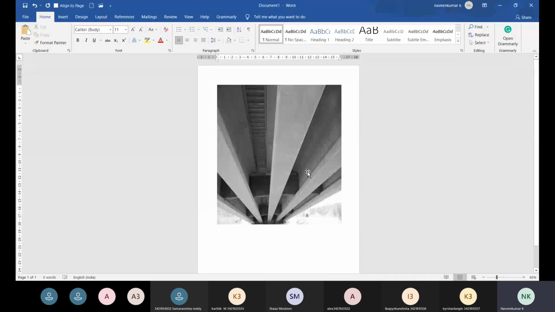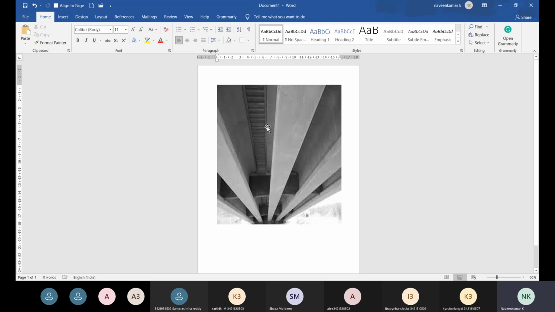Can you all see the screen? Yes, sir. Actually, this is the picture of the bridge. One span of the bridge has been shown in this picture. Here, the top portion is a solid slab. The solid slab is connected together with the T-shaped T-beam. So the T-beam and solid slab are monolithically joined.